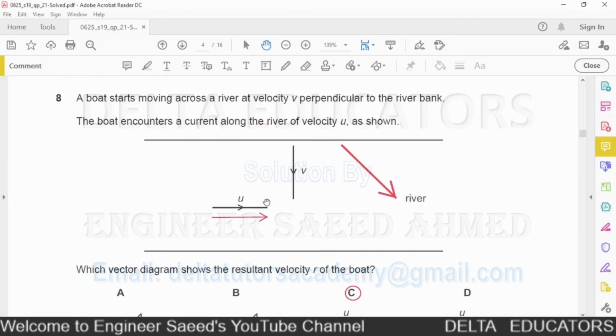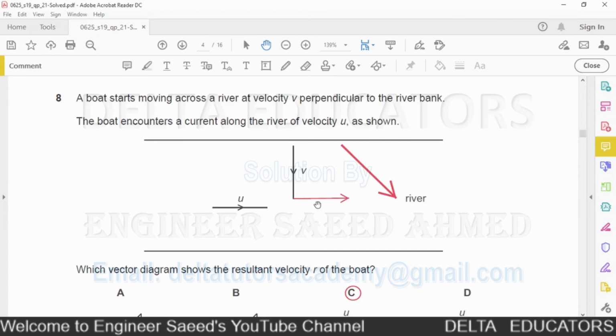In a vector, this end is called the head and this end is called the tail. It is the tail of the vector u, it is the head of the vector u. In v, it is the head of the vector v, it is the tail of the vector v. And what is the graphical method to add? We have to keep the tail of the second vector on the head of the first vector. It is the tail of the second vector that we have kept on the head of the first vector. So it is our vector v and it is our vector u.